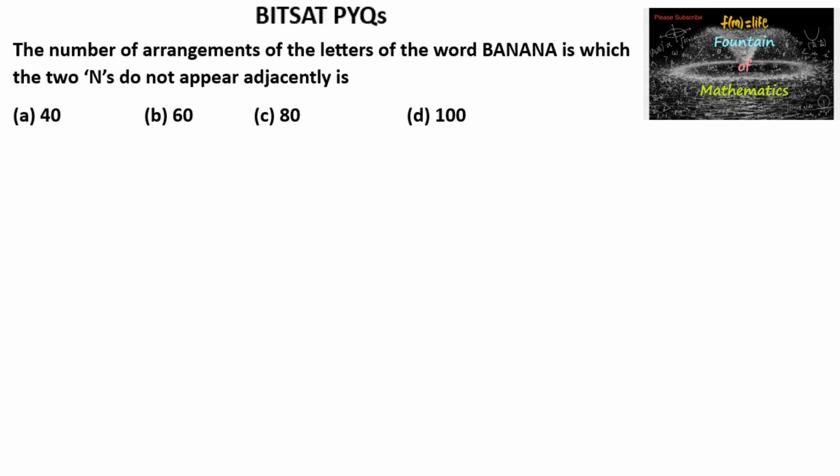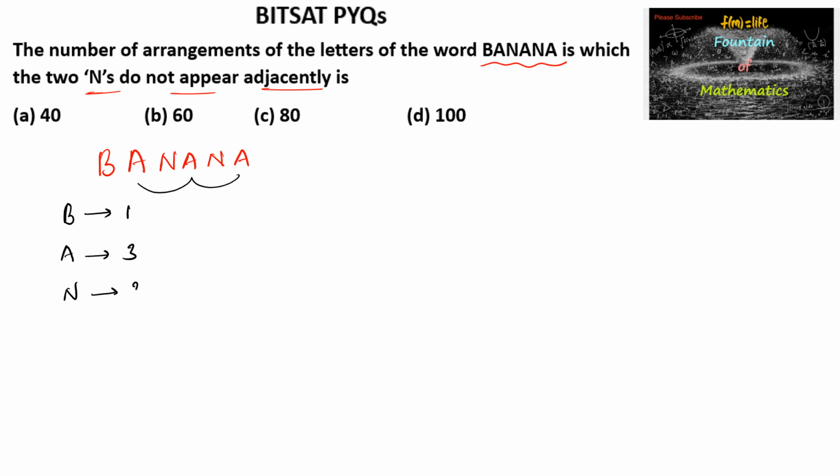The number of arrangements of the letters of the word BANANA in which two N's do not appear adjacently. So here, the letters of the word BANANA: we can see that B is repeating only one time, A is repeating 3 times, and N is repeating 2 times. Since we require the number of arrangements in which no two N's appear adjacently,